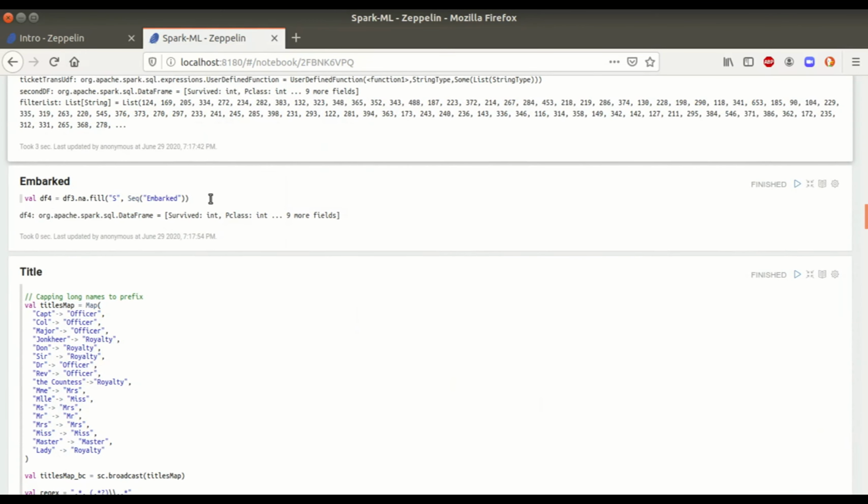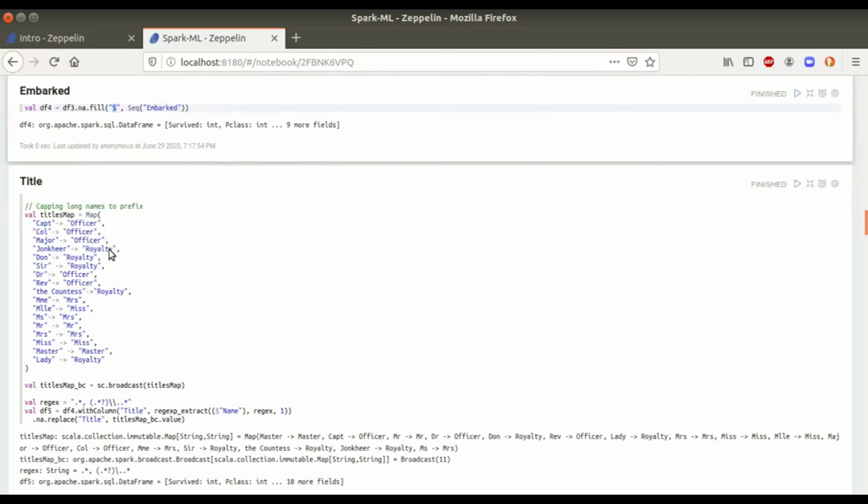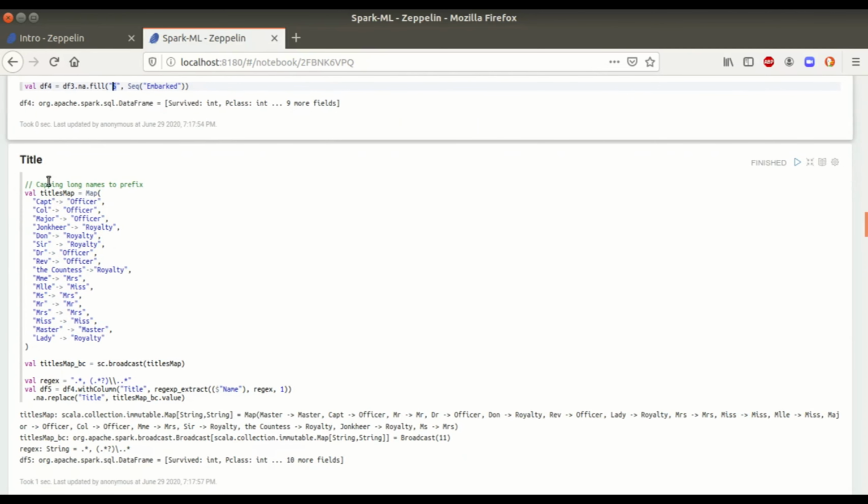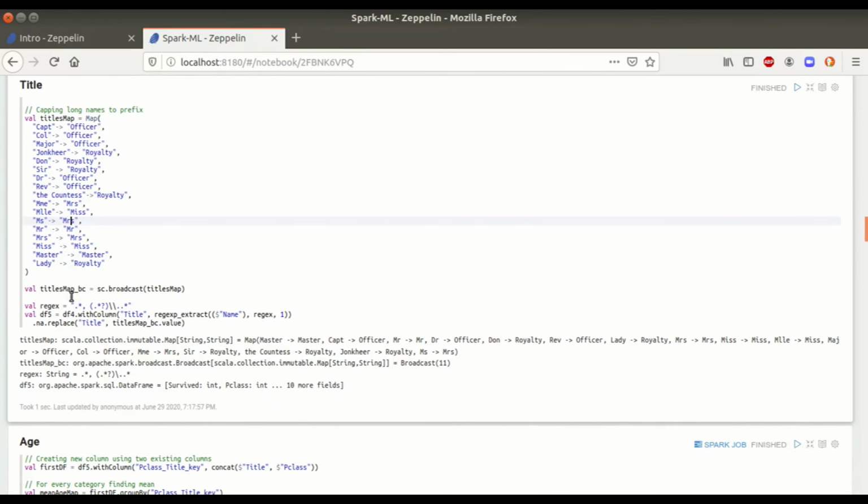In the embarked column, we are doing fill NA, so wherever there is a null, we put the value S. The next one is the title, where we are processing long names into known short forms like MRS to MS, MR to MR, MRS to MRS. Since I know this data and it is very small in size, I am doing the broadcast first and then applying the function to cap the data.